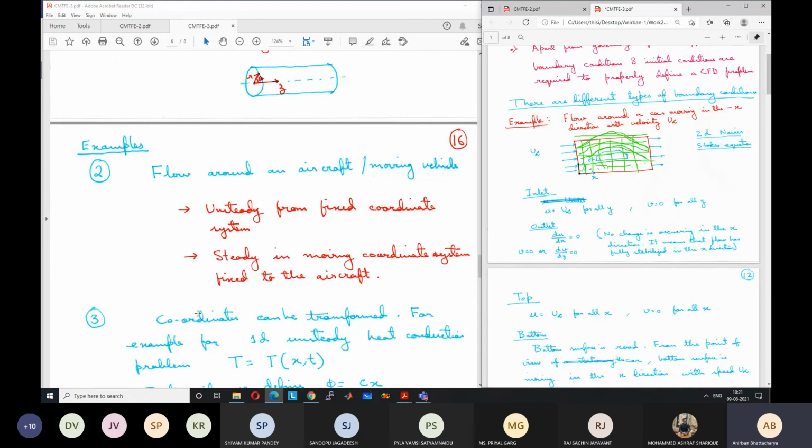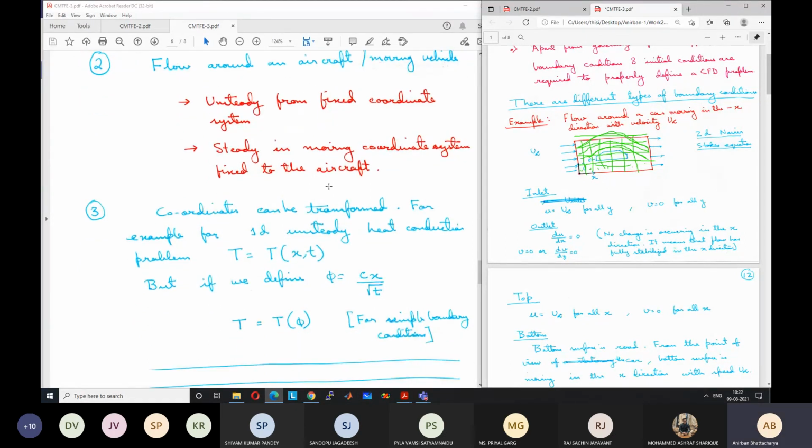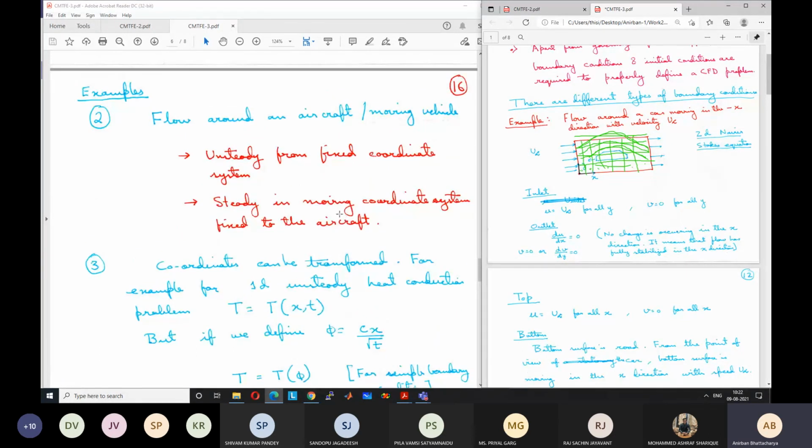Okay. So coordinates have to be selected judiciously. Arbitrarily, we cannot just take any coordinate system. We can use brute force to solve the problem, but another person can make some small clever changes and their problem may be solved in a much faster way without compromising on the accuracy. Coordinates can also be transformed. Okay, this is one sort of coordinate transformation only, what I was saying, fixed and moving. But even new variables can be formed for coordinate transformation.